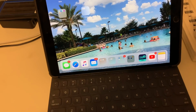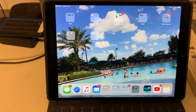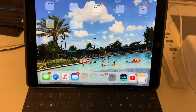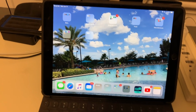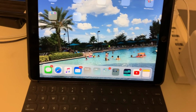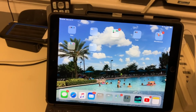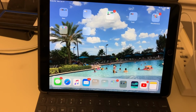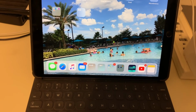So, as you can see, I can get a lot done using those apps. I mean, Pages has allowed me to get some college work done. YouTube has provided entertainment. And I have been able to do a lot of searches and read a lot of great stuff in Safari. But one neat thing that you can do with an iPad,